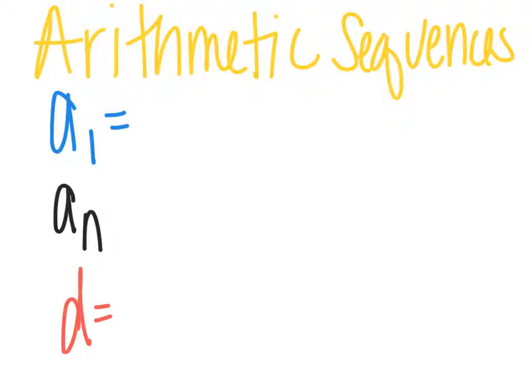We learned today about arithmetic sequences, which are a sequence of numbers. And so it's important to remember what all these different things are, because we're going to refer to a sub 1, a sub n, and d today. A sub 1 stands for the first term